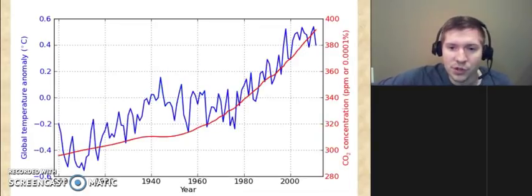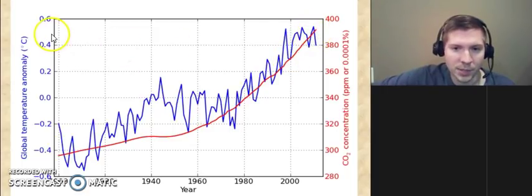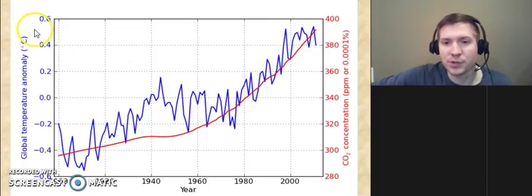One more graph. This shows the global temperature anomaly, meaning how much higher we are than normal, or lower. So 0 means average. So you can see in 1900 we were below average. It was a period of cooling, but since then we have dramatically climbed until we are up here quite a bit above what the average temperature normally is.